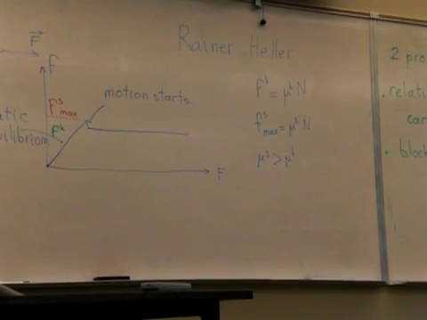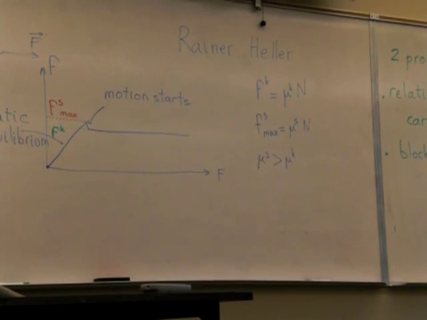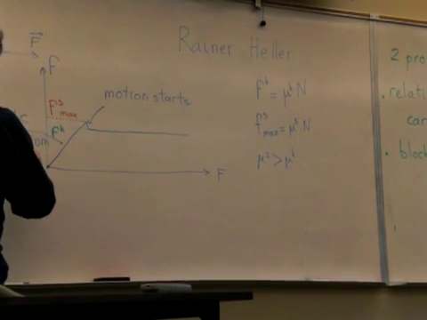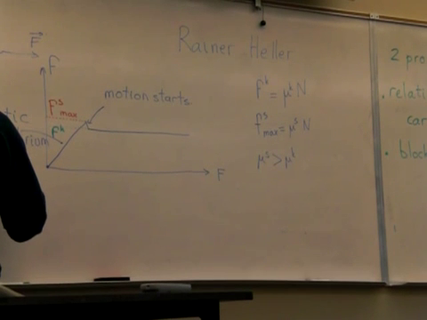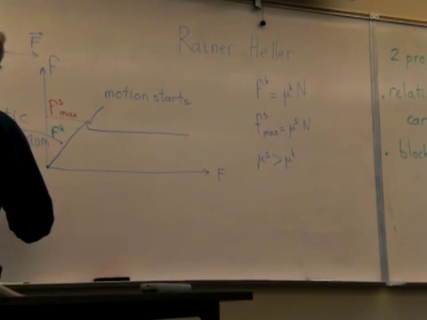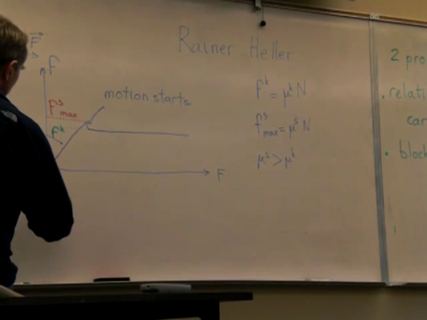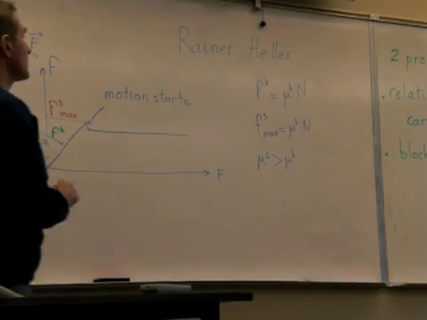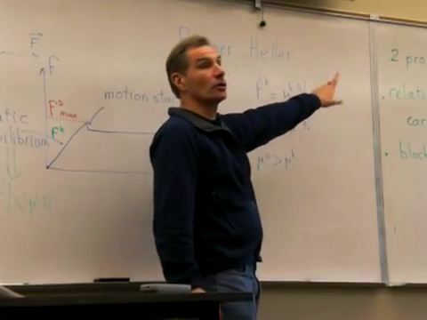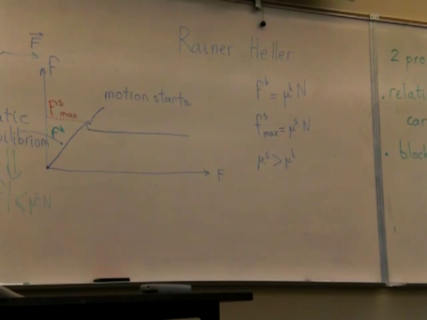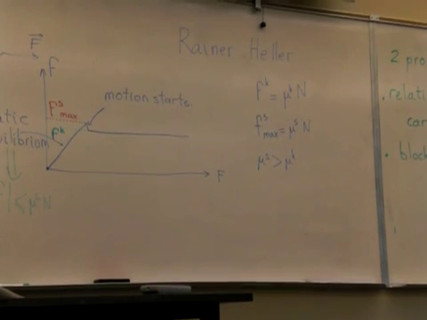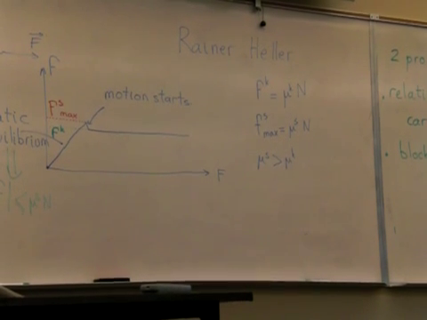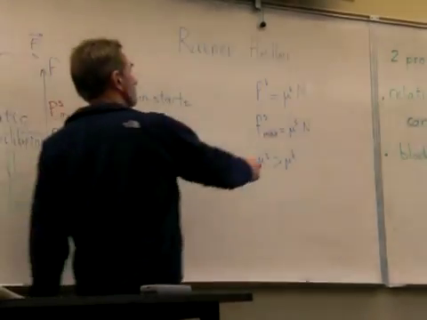It means that when you have static equilibrium, you can say that the force of friction is going to be less than or equal to mu s times n. But it's always less than the maximum. And when you have motion, it's equal to mu k times n. The mistake not to make is, when something is in equilibrium, to say that the force of friction is mu s times n. The maximum value that it can have is mu s times n. And when it is in motion, it's mu k times